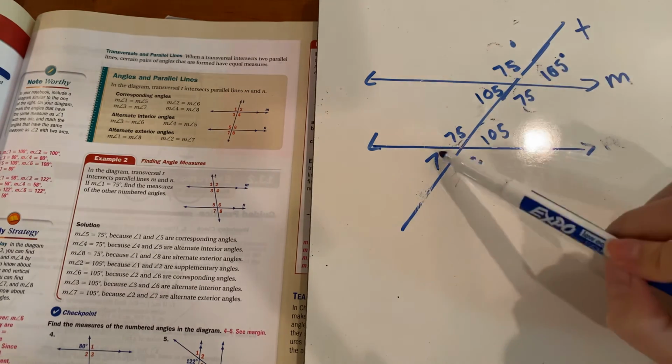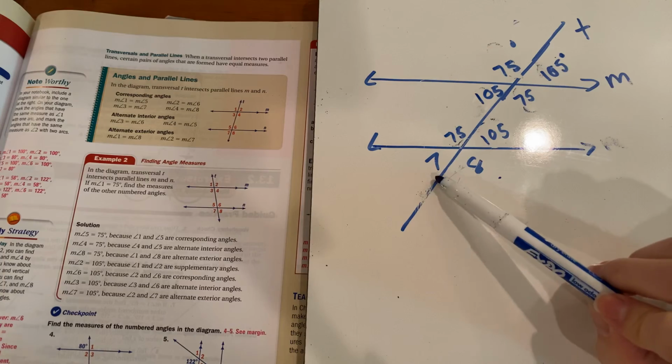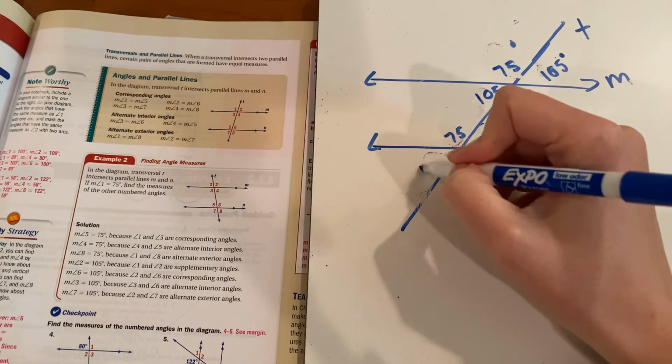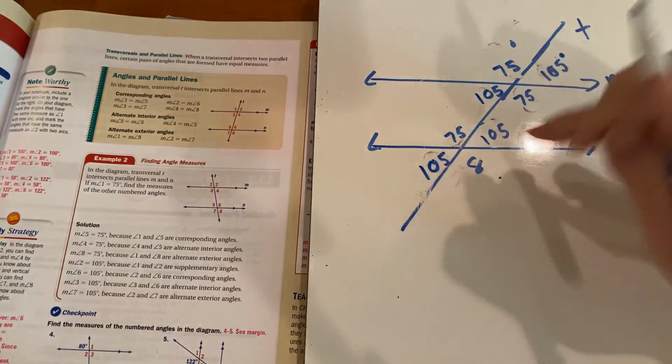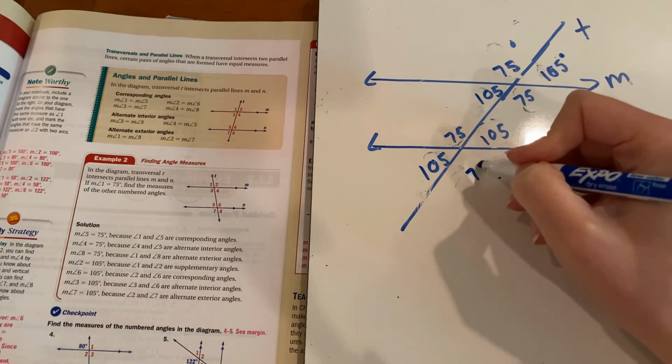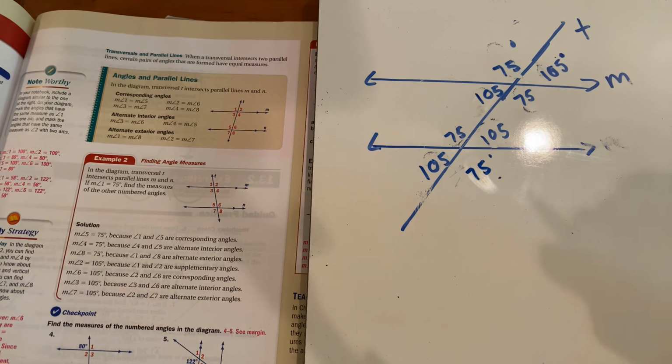Boom and boom, boom and boom. So if 7's alternate exterior angle measures 105, or if all alternate angles are equal, that means 7 has to be 105. If 8's alternate angle measures 75, that means 8 has to be 75. And we figured it out all based off of one